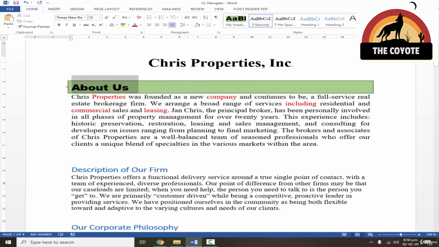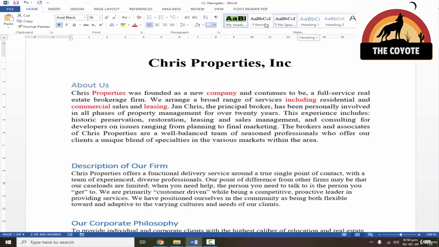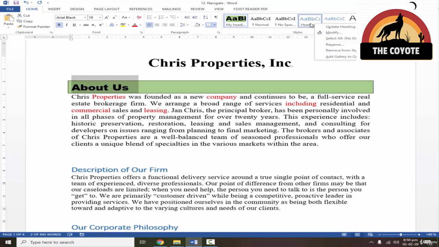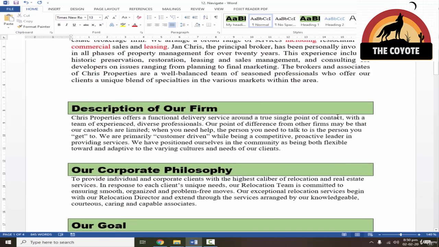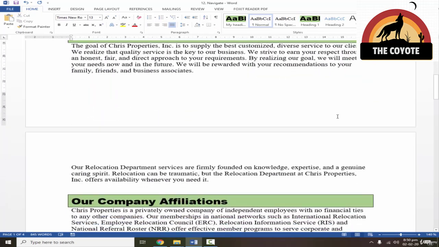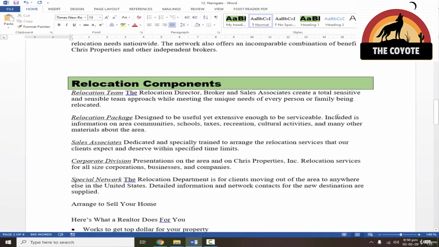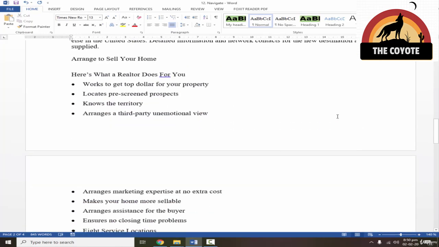So I'll just select this one and go to headings which I've selected earlier, not this one. I'll change this default heading and click on update Heading 1 to match selection. So I'll just click on that and you can notice that all of the formats are immediately changed for all headings. This is amazing, right?